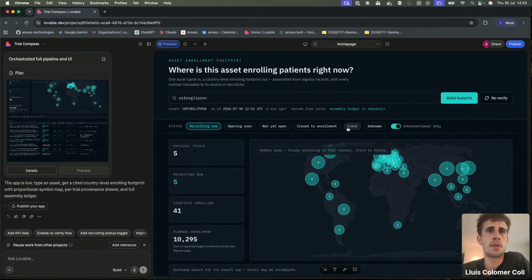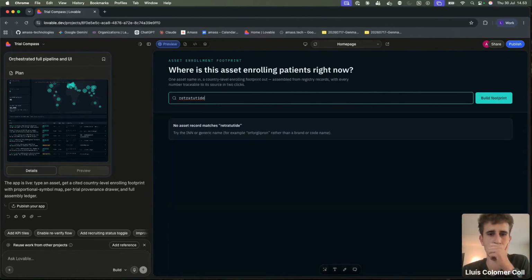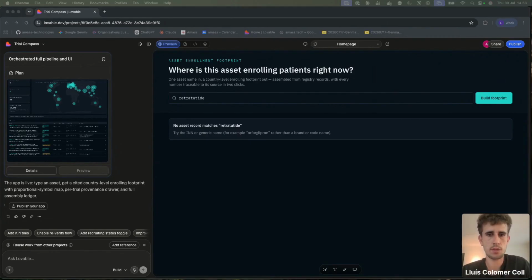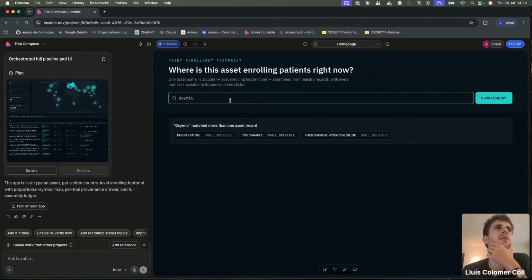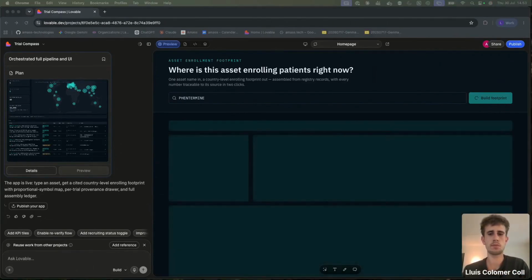And if we test it, for example, with another asset, sorry, typo. Now it's taking a while because it's querying all the Amass API in the logic and the structure that we built.